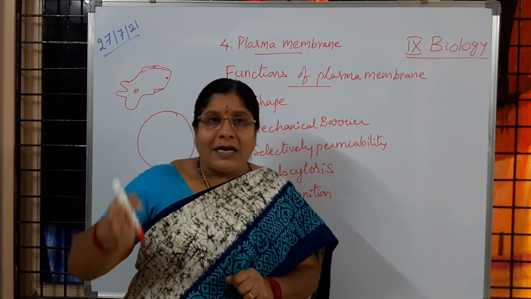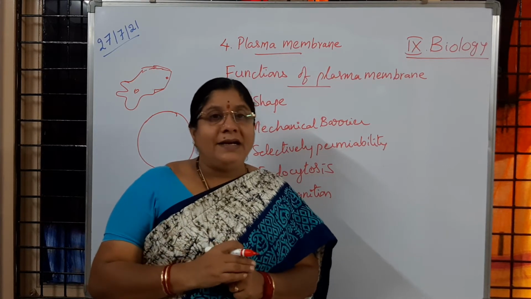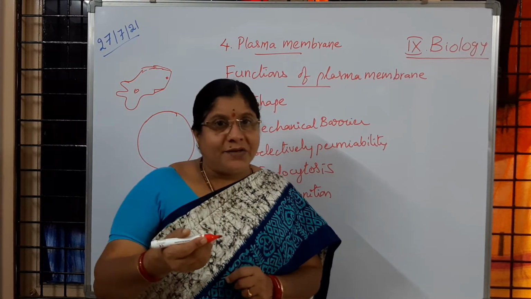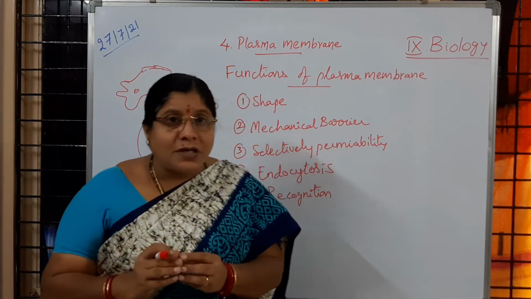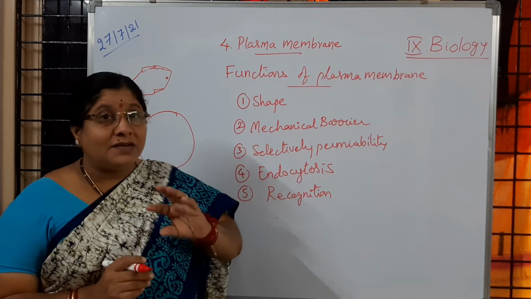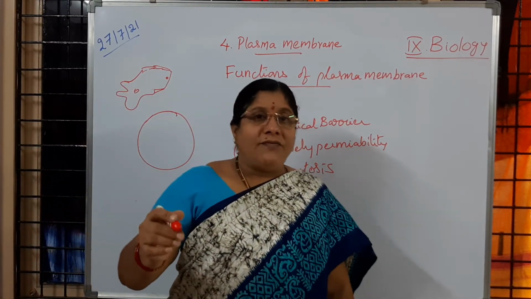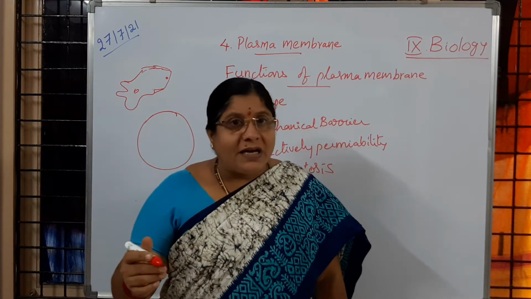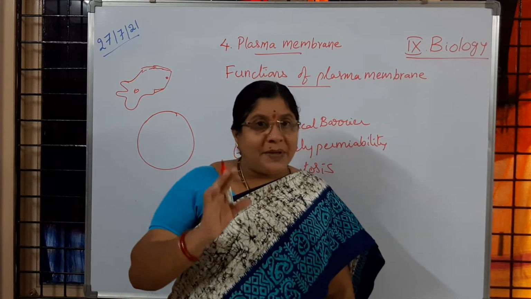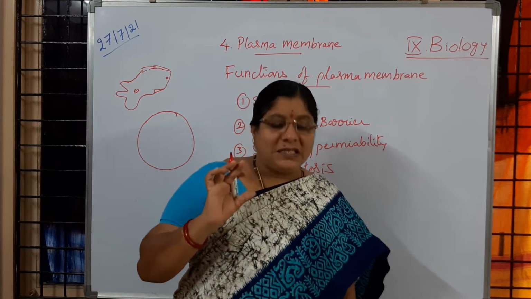By chance if we cut any branch of the stem of any plant, after a few days new branches are going to develop, new tissues are going to develop, and we observe new leaves. How can it be happening? That is because of recognition. So that particular part has been cut off, so we have to do repair work like that. That process is happening because of the chemicals which are present on the plasma membrane.